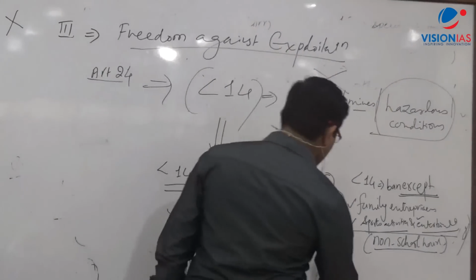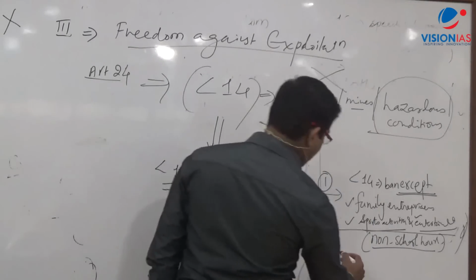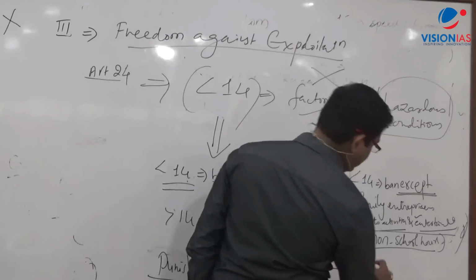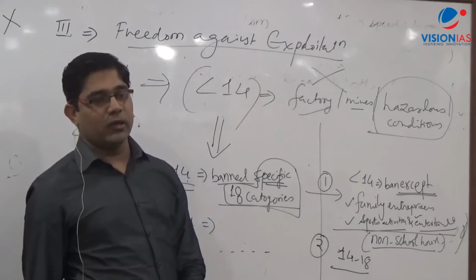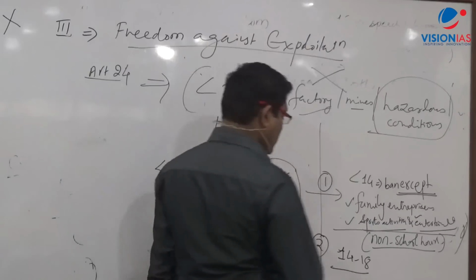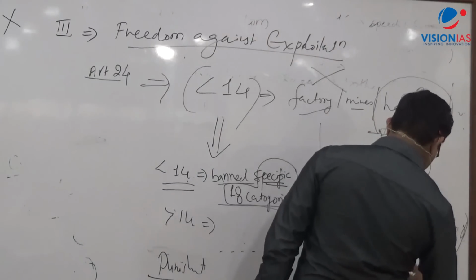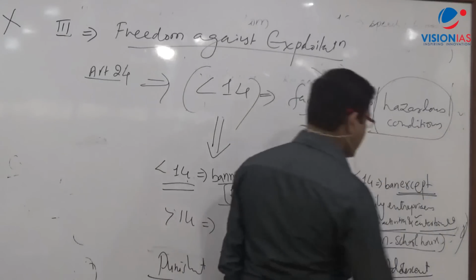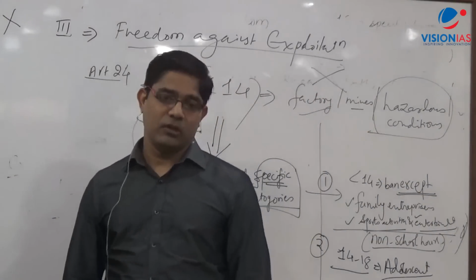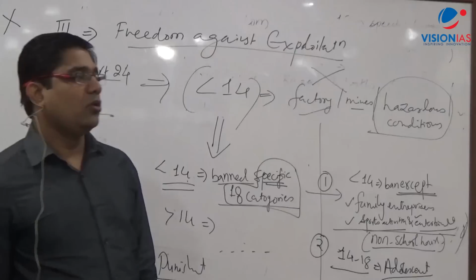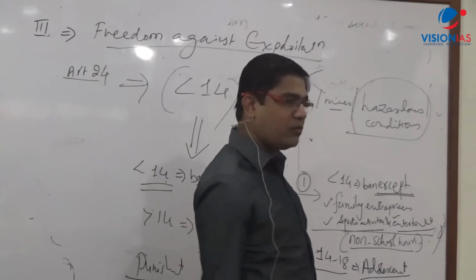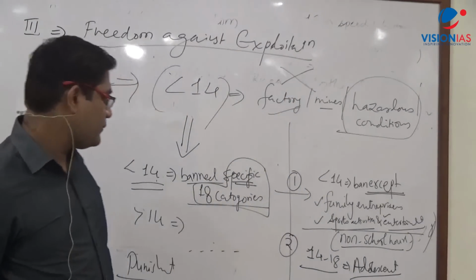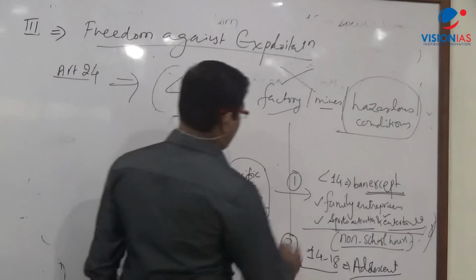Second, what about children more than 14? They have come up with a new category, 14 to 18. The law comes up with a new category. What are they calling them? Adolescent. In adolescent, all work will be allowed but not hazardous. No hazardous, otherwise everything will be there. Except hazardous, everything will be there. And the third change that they have made,